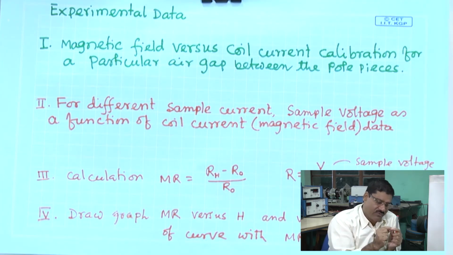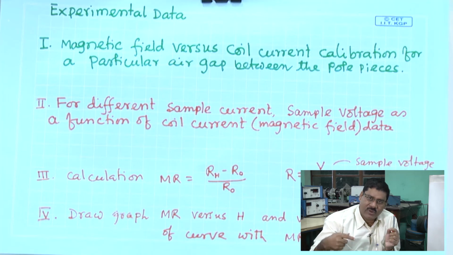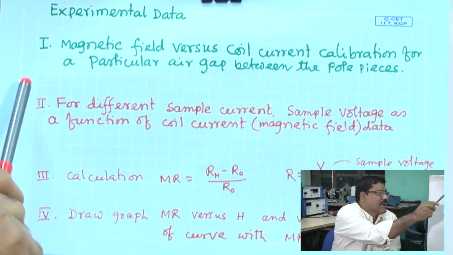So, we will fix a particular sample current. Now, for that sample current, we will vary the coil current, which means we will vary the magnetic field. So, for 0 magnetic field, what is the voltage? Then how the voltage will vary with the coil current. So, we will take data